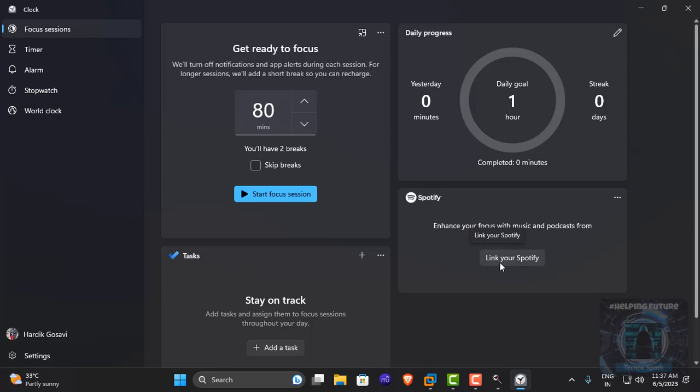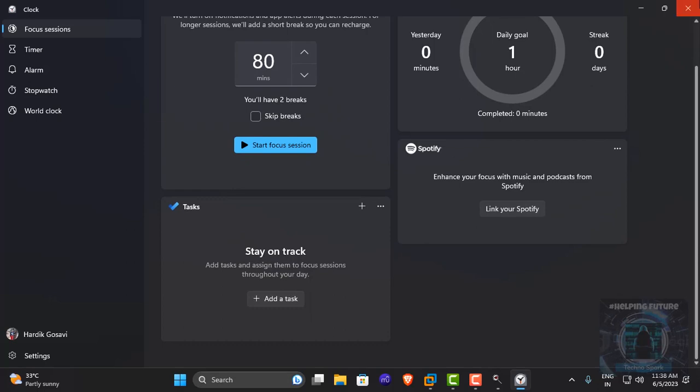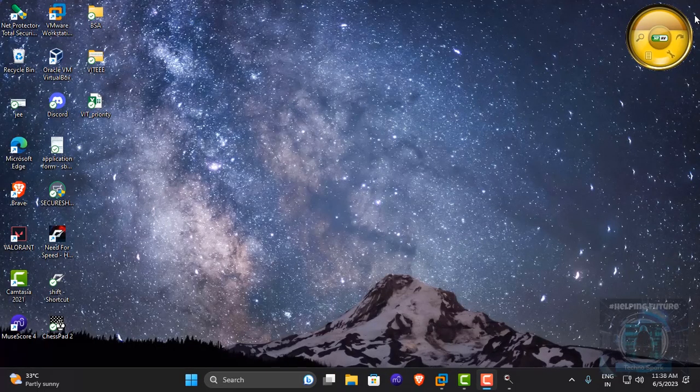You can also link it to Spotify. This would allow you to see your goal and things. So this is another great addition on Windows 11 if you want to concentrate without any